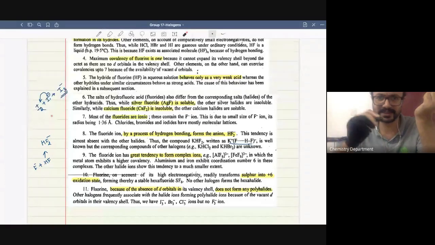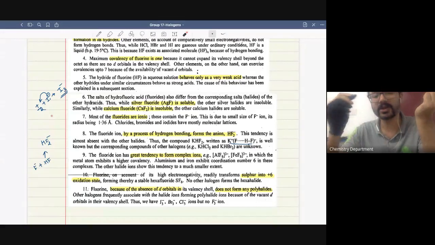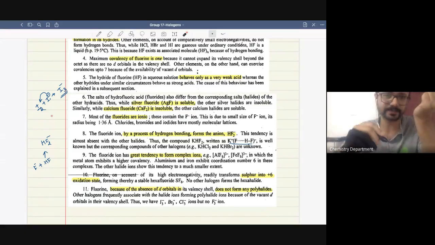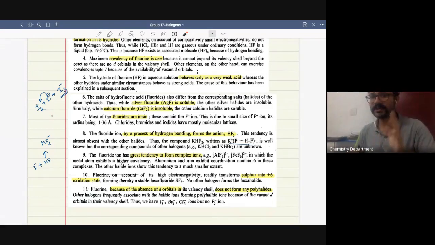Okay, don't write just single sentences and finish the answer. That is why I constantly tell you, whenever I teach something, it's expected of you to go home and read it and make your own notes, so that when you present your answer, you present it nicely. In the answer test, I'm just being lenient, but in the examination, if you write like this, I'll reduce your marks considerably. So make sure you write these anomalous properties, if they are asked, in a proper way with examples.